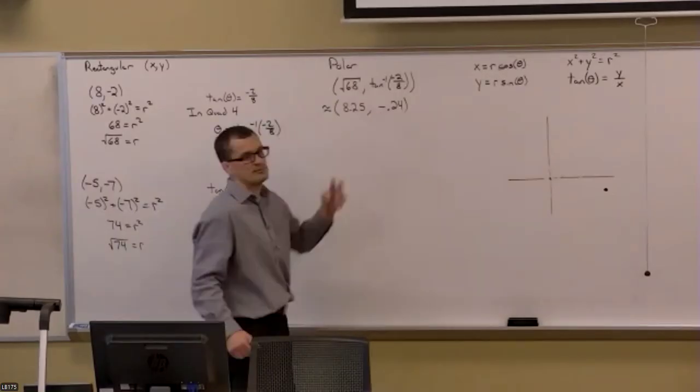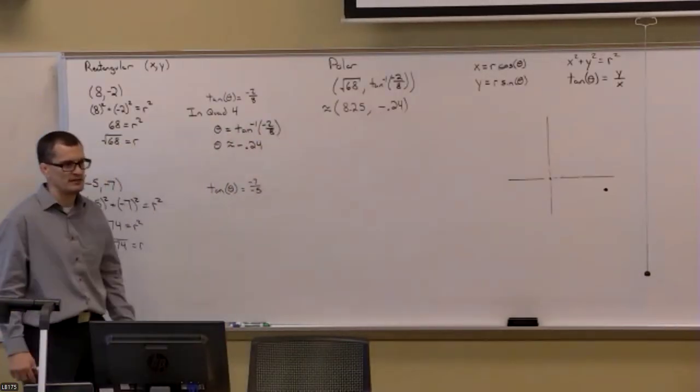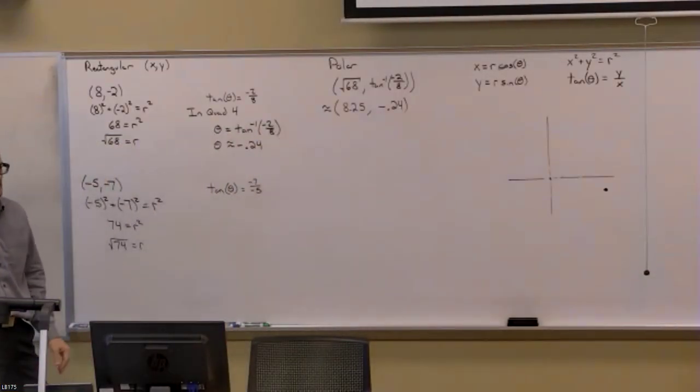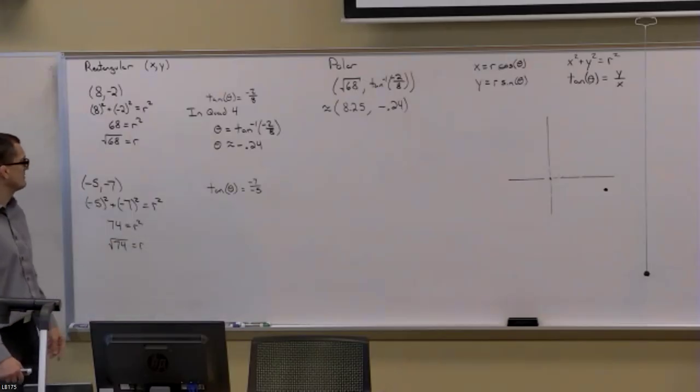So if I want an angle between 0 and 2 pi, let's add 2 pi to it. That'll be coterminal, and then we'll be done. I'll leave it right like that for right now on your notes. In terms of this second point